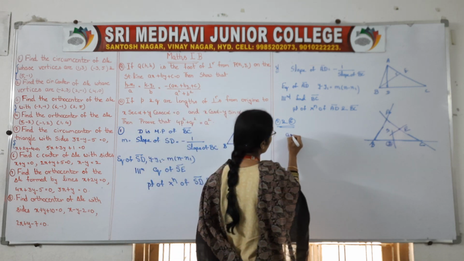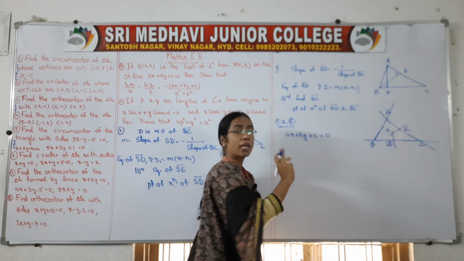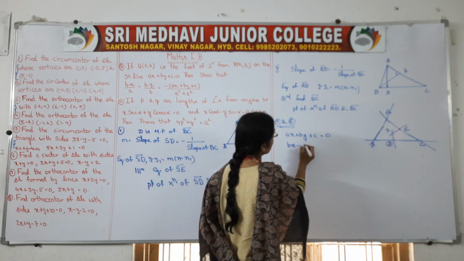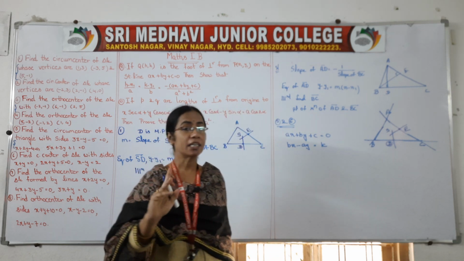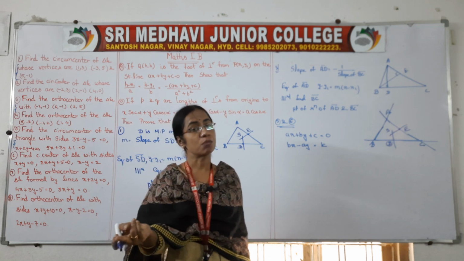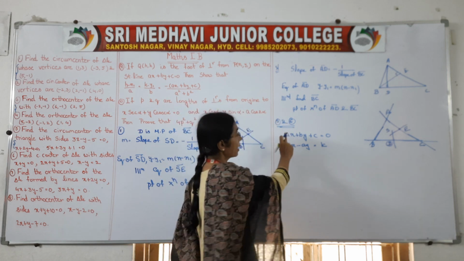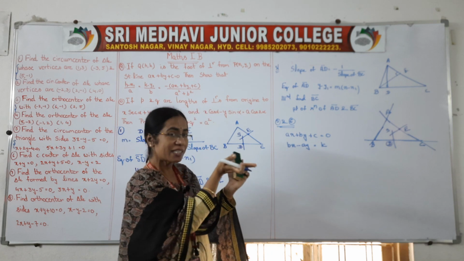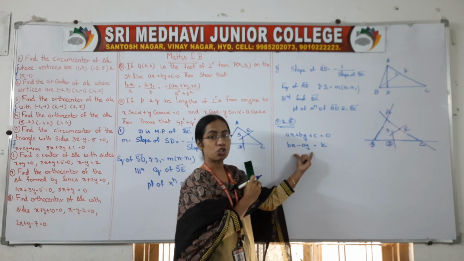And I said if we want to write any line which is perpendicular to AX plus BY plus C equals 0, it is BX minus AY equals K. To write the perpendicular line equation, the X coefficient goes to Y, the Y coefficient comes to X, and in the middle there will be a minus sign. So our BC line is in the form AX plus BY plus C equals 0. If we want to write its perpendicular line, it should be in this form.